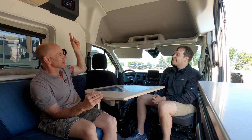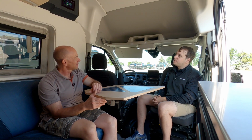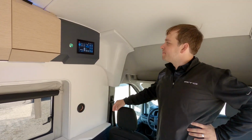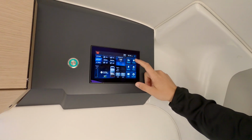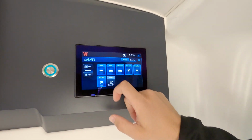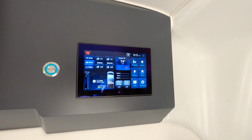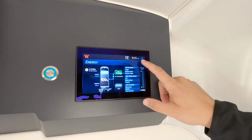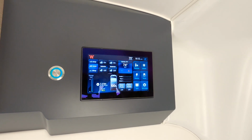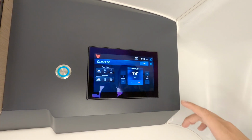Although there is one. Is that like a Firefly? Is it reading off the CAN bus? No, this was another one of those sub-projects where, because of the complexity of understanding and managing the electrical system as well as how that ties into all the appliances, both from just a power flow, but also from a power degradation standpoint, because it's a little exciting but also scary that it is just one main battery source. And so we want to make sure that the house side and the chassis side talk together extremely well,